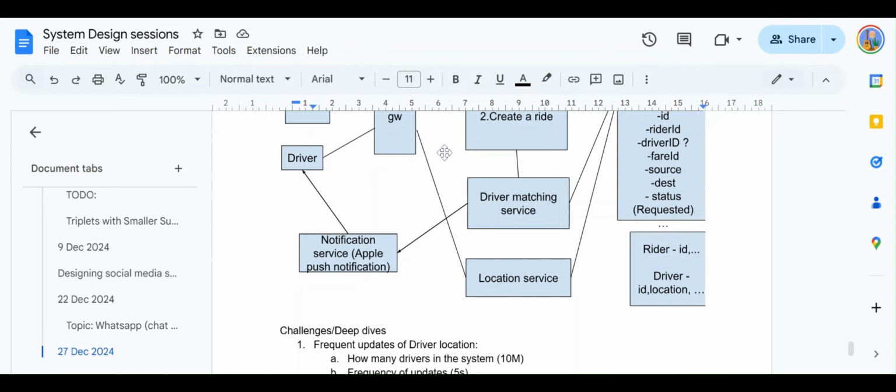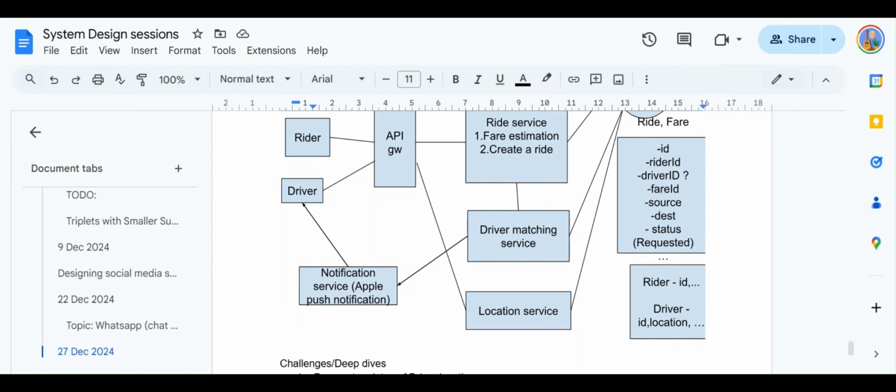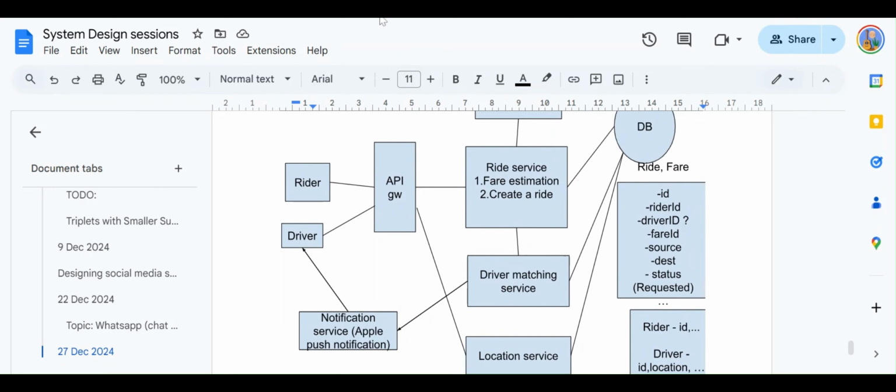Yes, the problem is that we are still relying on the application service itself, because someone has to keep track of the timer. We'll talk about whether the database provides this functionality. DynamoDB does provide this functionality, but it is not very reliable. If you check the DynamoDB architecture, it gives you the flexibility to have a TTL column, but it does not really delete the record once the TTL expires. It can get deleted immediately, or after 10 minutes, or 15 minutes, or 1 hour, and there's no guarantee. That's what I learned when I read about the DynamoDB architecture.